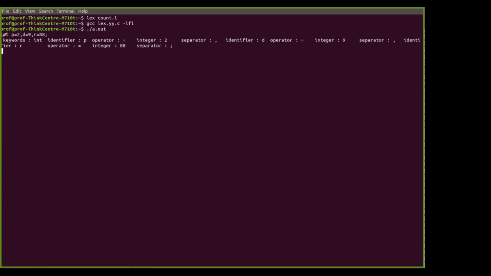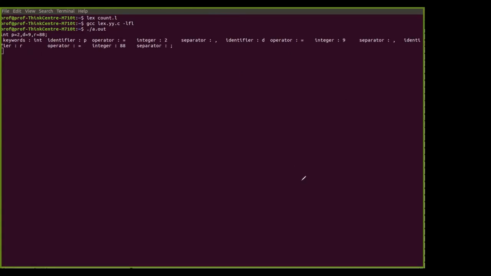As you can see in this figure, you have given this as an input. What input have we given?